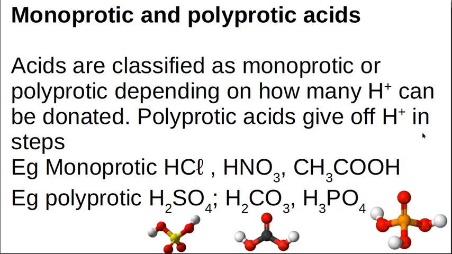And so they just lose their one hydrogen as a proton, and that's how they form an acid. But sulfuric acid, carbonic acid, and phosphoric acid, look, the little white balls are the hydrogen. So here's your SO4 sulfate ion, and here are the two hydrogens bonded to it. One of these comes off, and then the other one comes off, and so that's why it is a diprotic